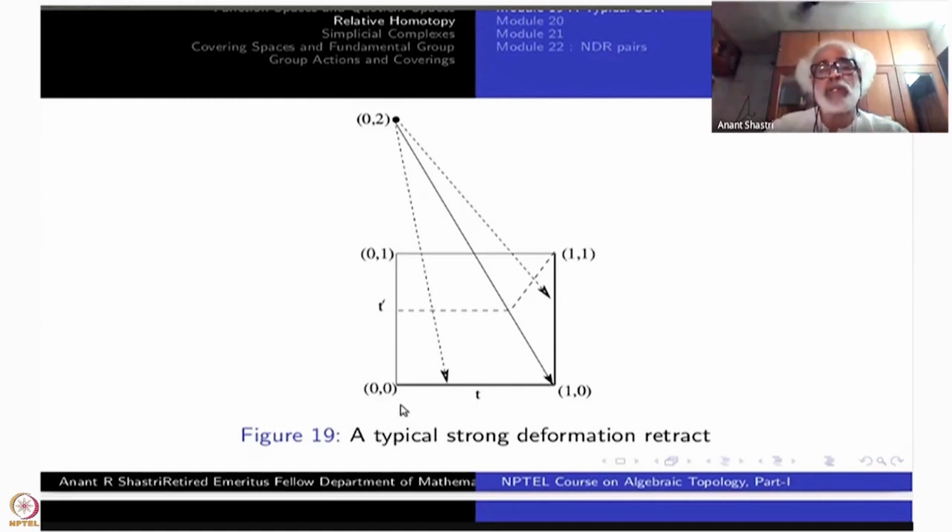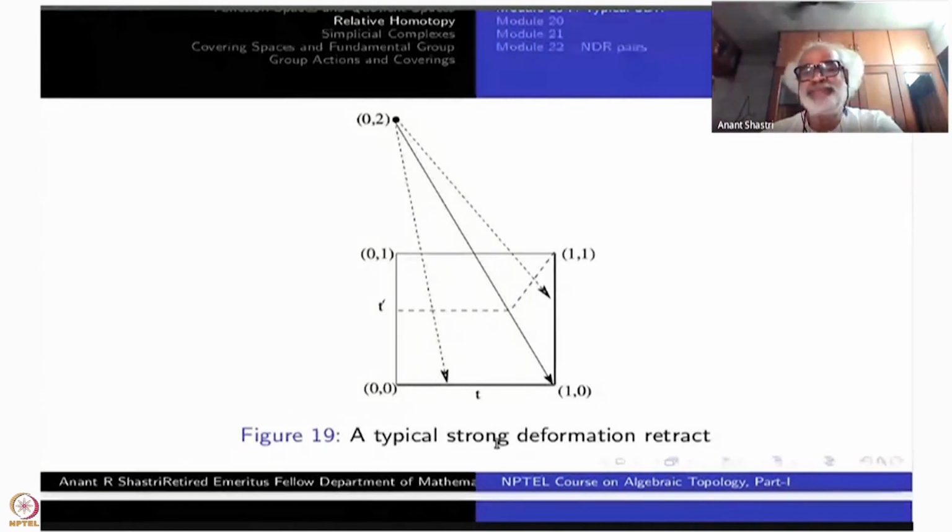Now imagine you are inside R3: this is the x-axis and this is the y-axis, and take another z-axis horizontally. Then along the y-axis, instead of reflecting, now you rotate the picture. What do you get? You will get this disk here of radius 1 cross I, strongly deformation retracting to the tub, namely S1 cross I union the bottom disk.